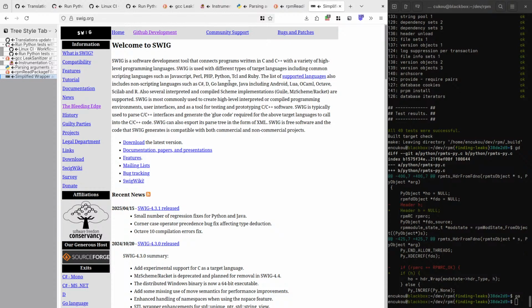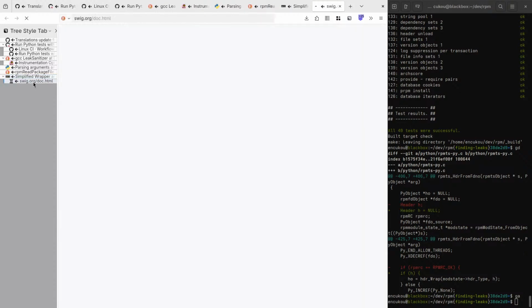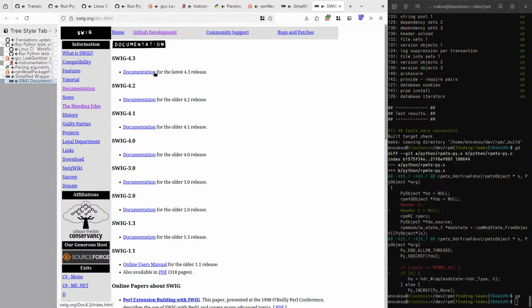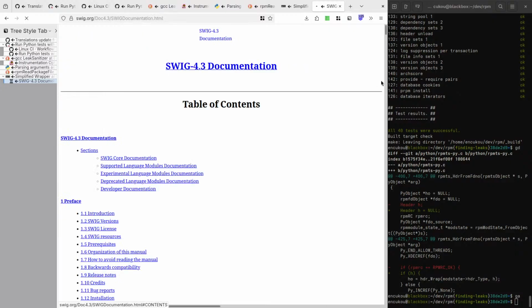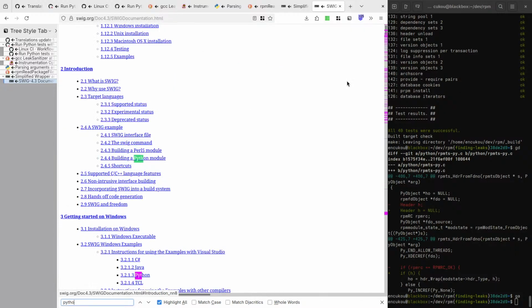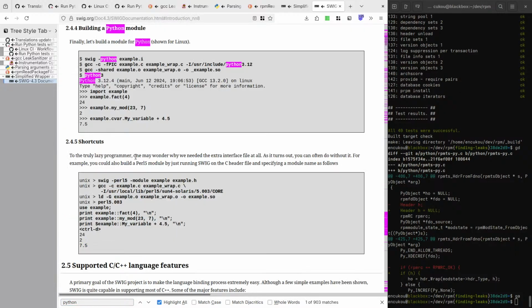And it has documentation. Building a Python module. Swig-Python example I. GCC with user include will give you an example SO. And then you have a module.